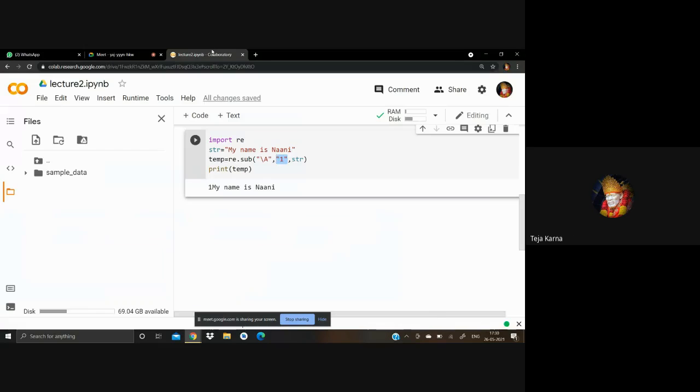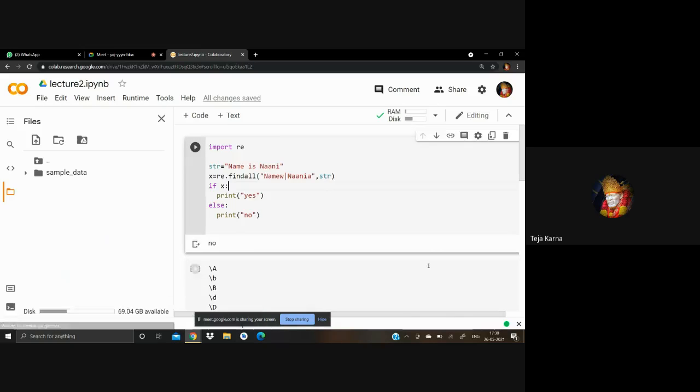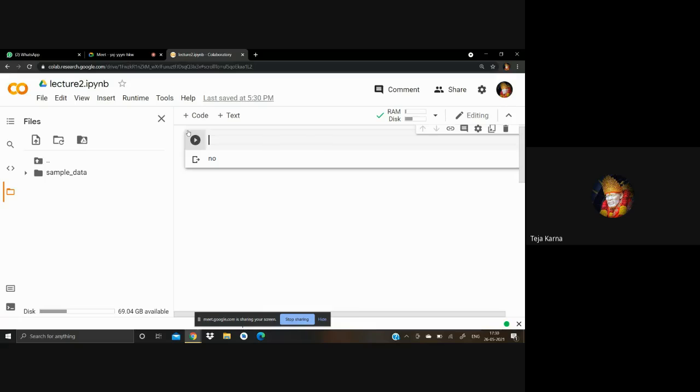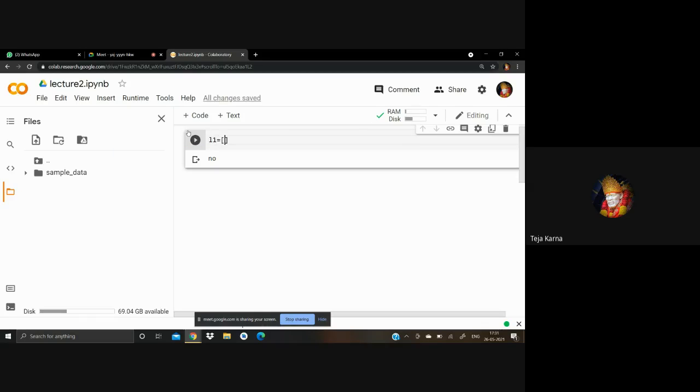So the next thing that we are going to move to is the NumPy module. First of all, we'll see the definitions. NumPy is actually called Numerical Python. It deals with arrays, multi-dimensional arrays. Lists are also a kind of array, but some operations we can't use on lists, like multiplication.